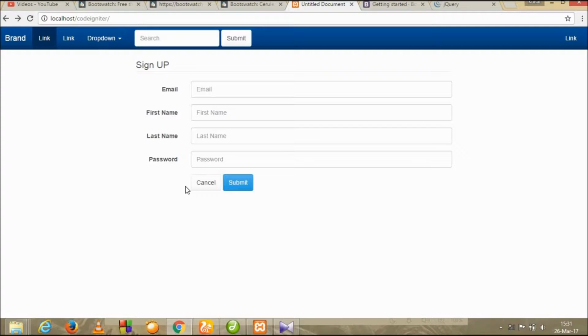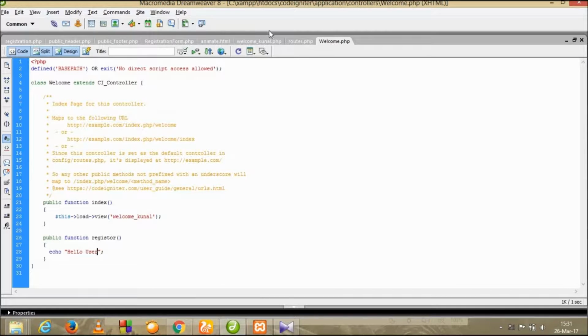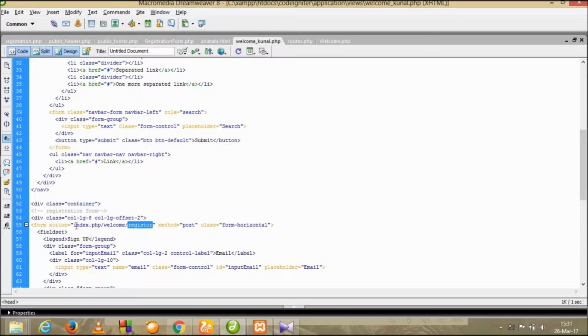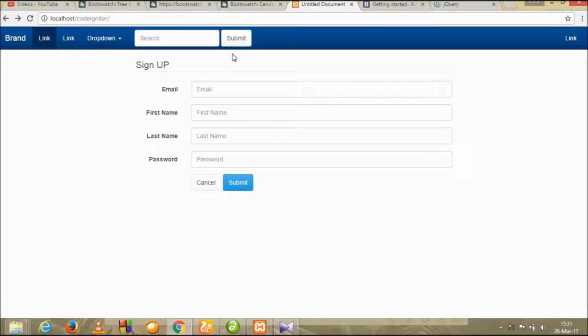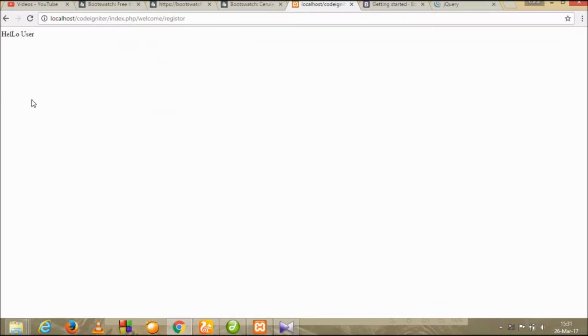One thing you need to remember, guys: in the action element of the form, I have typed index.php/welcome/register, and this goes to the welcome controller. Then it runs the function to which it needs to take the data. So as soon as I hit the submit button, it says hello user, which we have coded in the controller's public function register. But in the URL you can see we have index.php/welcome/register. So if we pass in the action element index.php/welcome/register, we will get the same